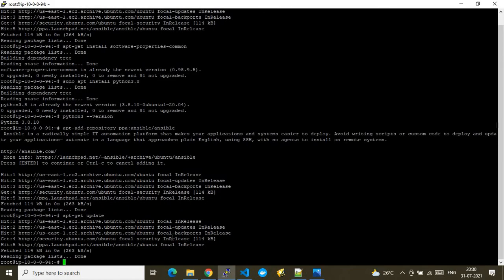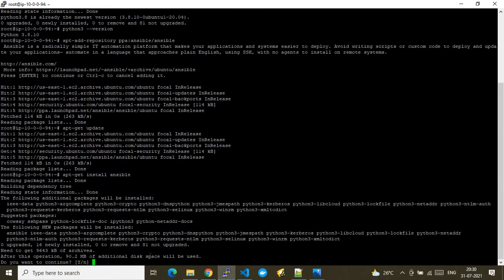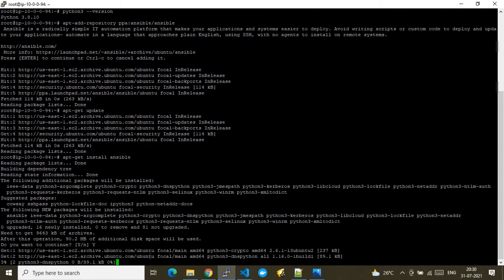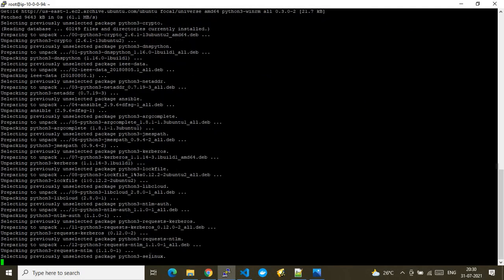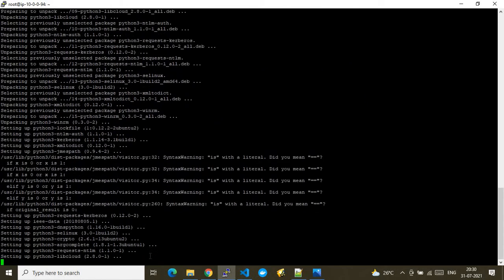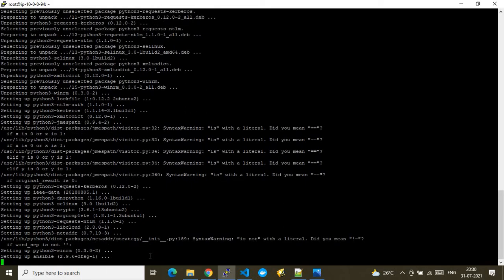I'm doing that now to install Ansible. This is the major command line which will really install Ansible. Here again it is asking us to confirm, so let me press Y. What it does is it clones the repository from the Ansible source code, then it installs it in the Ubuntu server.